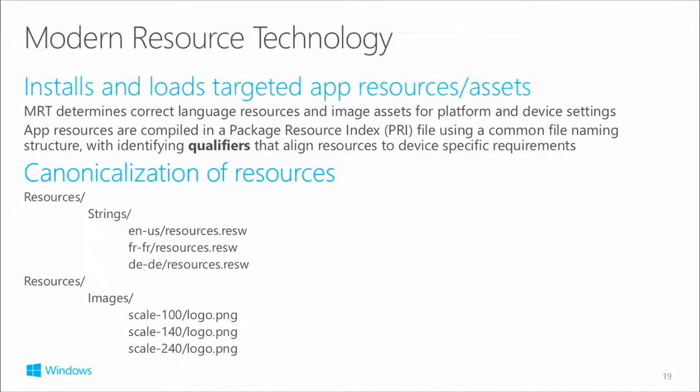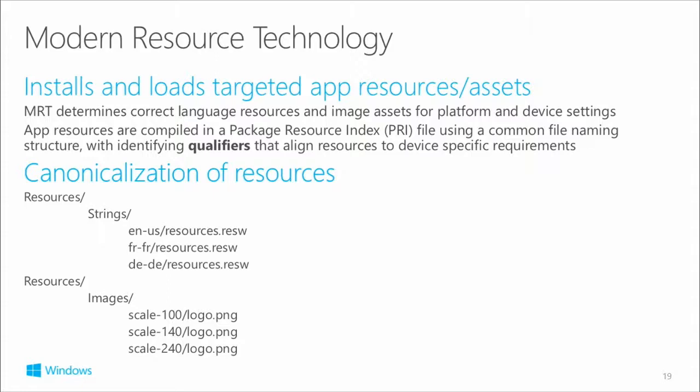But if needed is going to be the one that you're going to want, and this gives you all these fast update benefits and the ability to just have resources. The technology behind that for resources is called MRT, Modern Resource Technology, and this is for Windows runtime apps only. This is how the MRT determines the correct language resources and the image assets for the platform